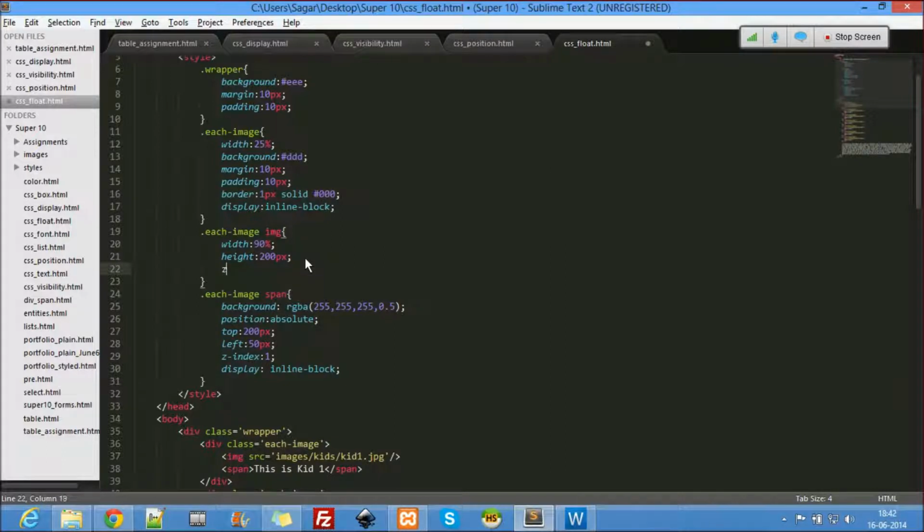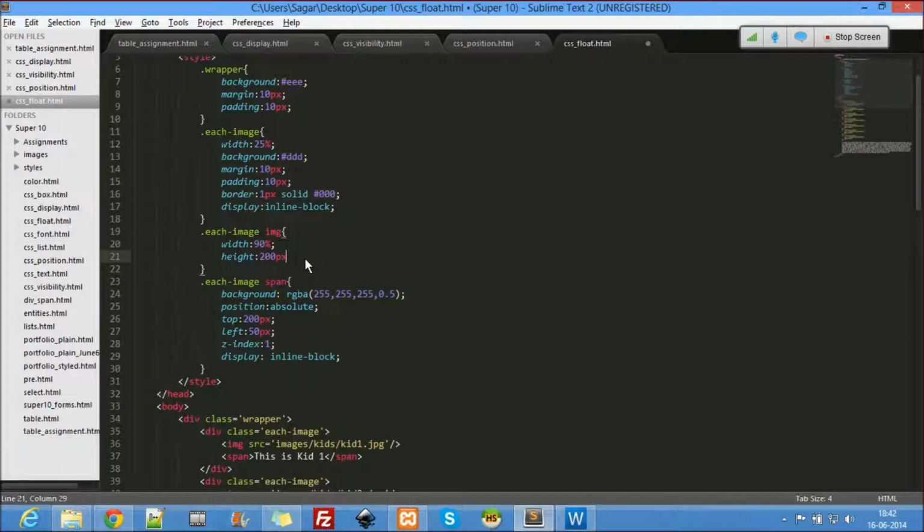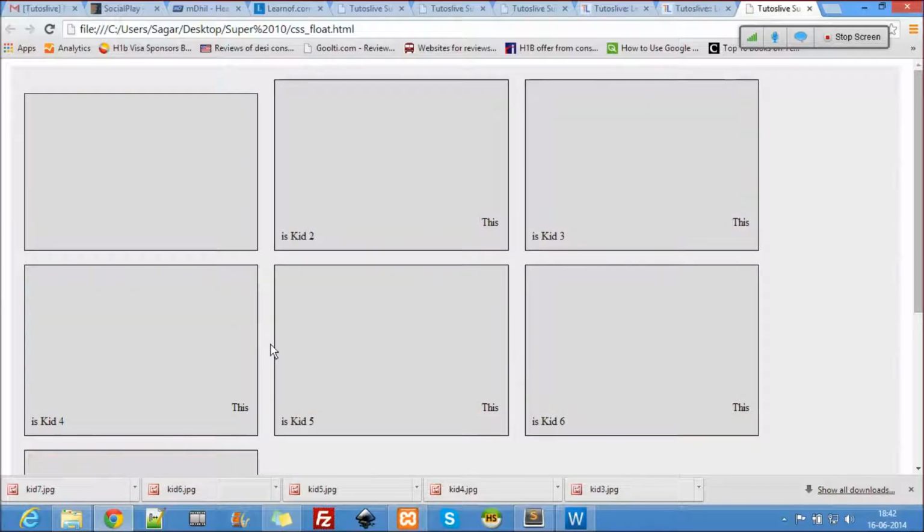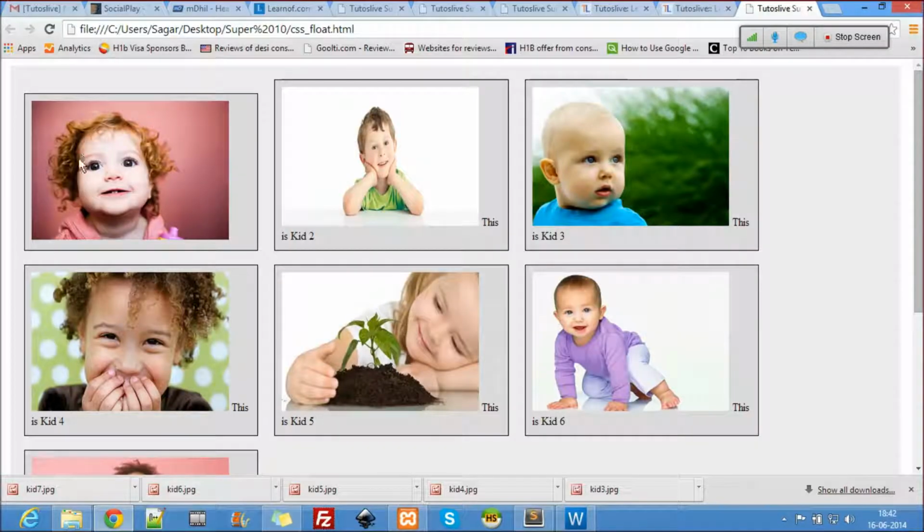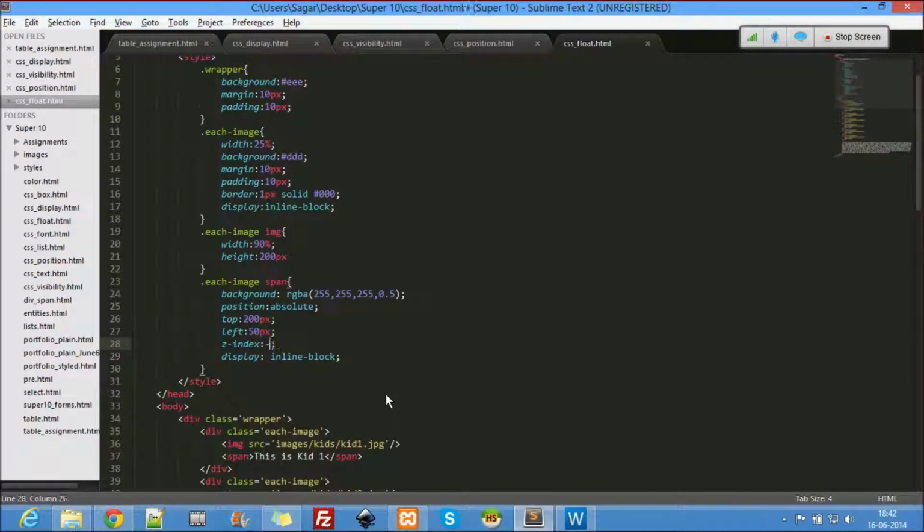Okay, z-index. Oh, I can't really use z-index on here. I'll use position again. Okay, let me just use z-index 0 here. 0 in the sense of the same level. Okay, -1. So what happens here is kit 1 has gone beyond this, which is under this now. Okay, so +1 will make it come on top of it.